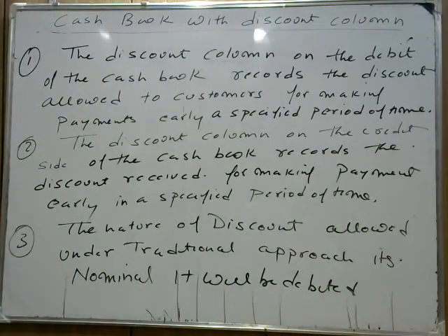These are important characteristics. The cash book with discount column is basically about knowing what discount is all about. So whenever we receive discount, it's always credited. Whenever we pay discount, whenever we allow discount, it will be an expense for us, it will be debited. Okay, now note down the question with me so that we can understand this.